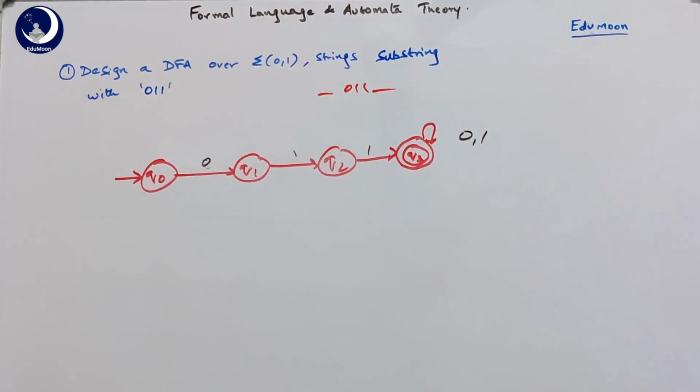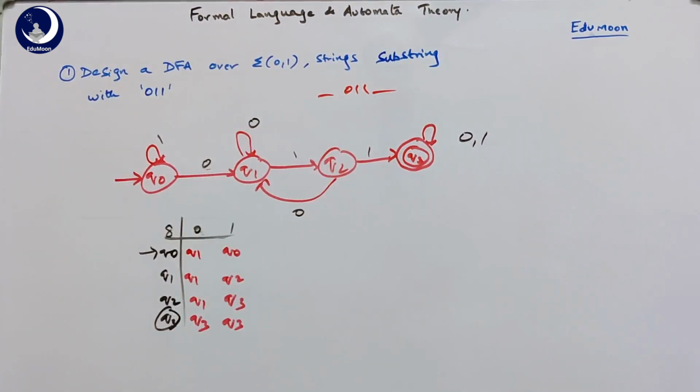So 0, 1 is operated between the states, and in the last state we give a loop on 0, 1. For the remaining states we continue as we did for the ending with case. So for the remaining states we give the second input, that is Q0 on 1, Q1 on 0, Q2 on 0, and as we did in the ending with case, we check the possibility of the occurrence of the string here. But the final state gets a self loop because 0 1 1 can be anywhere in the string, that is at the starting, ending, or in the middle of the symbols given.